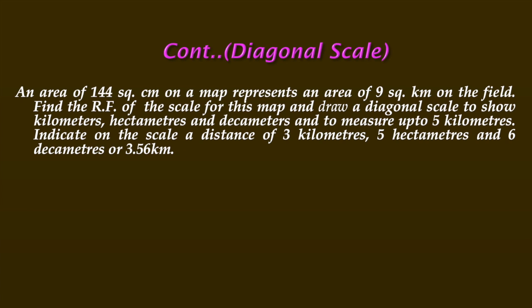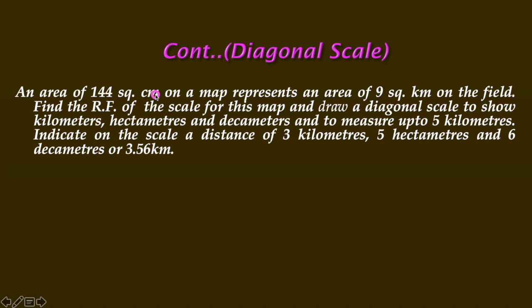So what is the maximum length of the scale? 5 kilometers. If we compare with the first plain scale, it was 25 meters. But now the length is 5 kilometers, meaning the actual length of the scale is 5 kilometers. In the drawing, definitely we have to reduce. So how much will we reduce? That ratio will be obtained from this data.